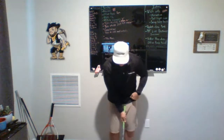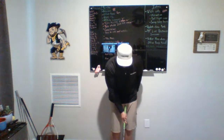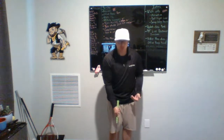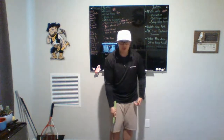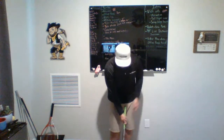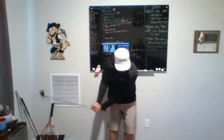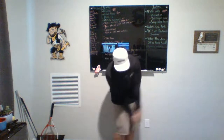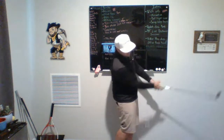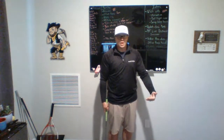So if you set up a little bit open, stay in your lead heel. If it's a longer pitch shot, you might want to be more balanced, but if it's a shorter one where you can stay in your lead heel, I would stay there. You're going to feel that flex in your glute and really try to push your backside away from the ball as you're coming through. And that will allow you to clear. You can see how I'm clearing through, and that's allowing me to stay through the shot